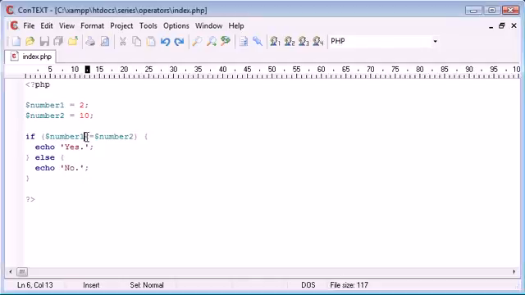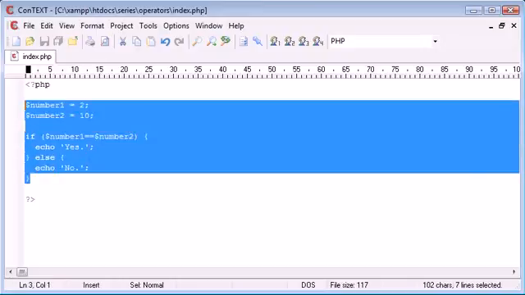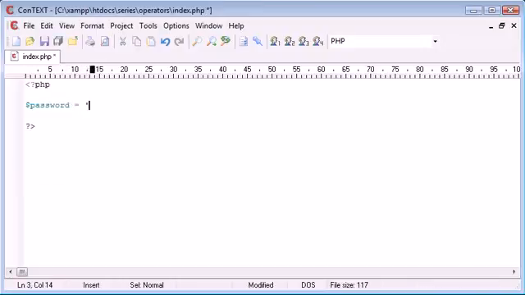You'll probably find yourself using the double equals a lot if you're creating code. For example, if a user was to submit a password through a form, you may want to check if their password is equal to maybe a preset password or a password stored in the database. Therefore, if we were to have a preset password, I'm going to set my password up here to password, so obviously quite a basic password, and I might say, and it helps if you read it out as English, if password equals